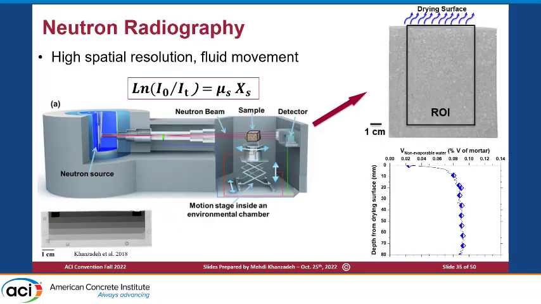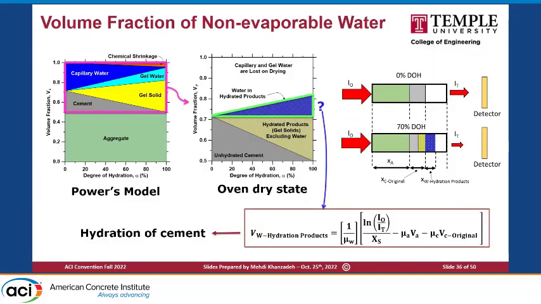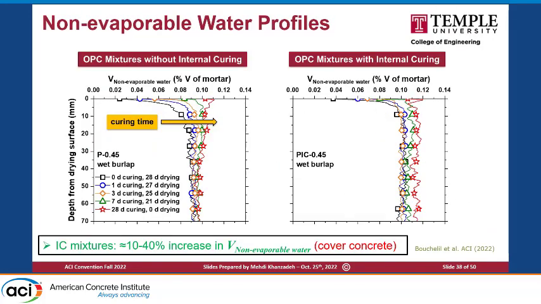In this case, instead of tracking the free water in the system, we track the bound water in the system. So we dry the entire system, and the only thing left is your bound water. If we look at the distribution of the bound water, as shown in the bottom image, this gives you an idea of the volume of bound water over the sample depth. And this can help us